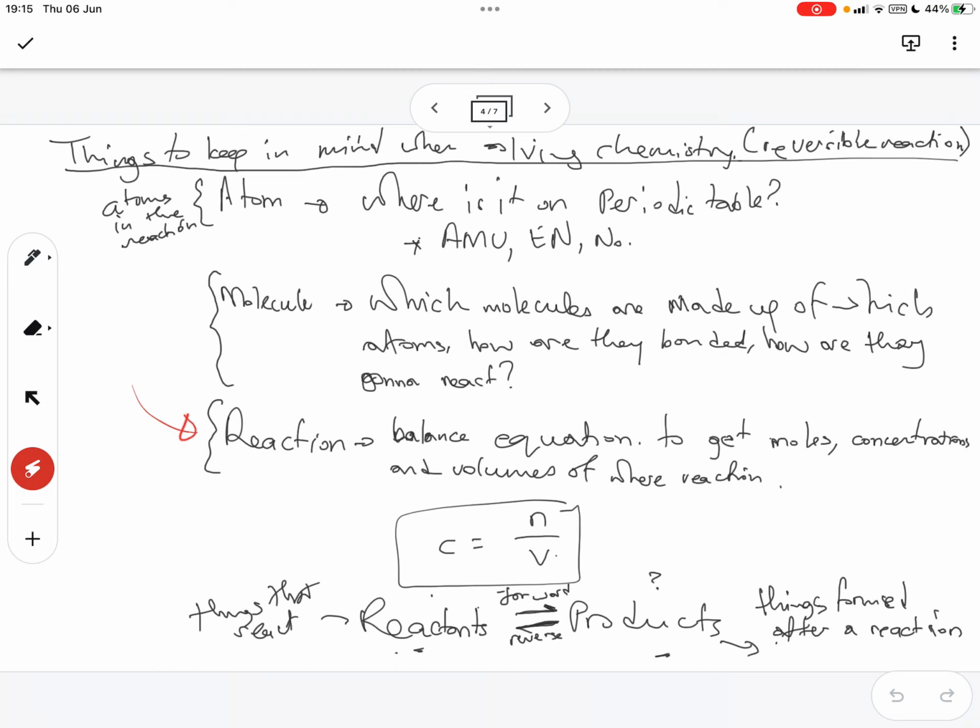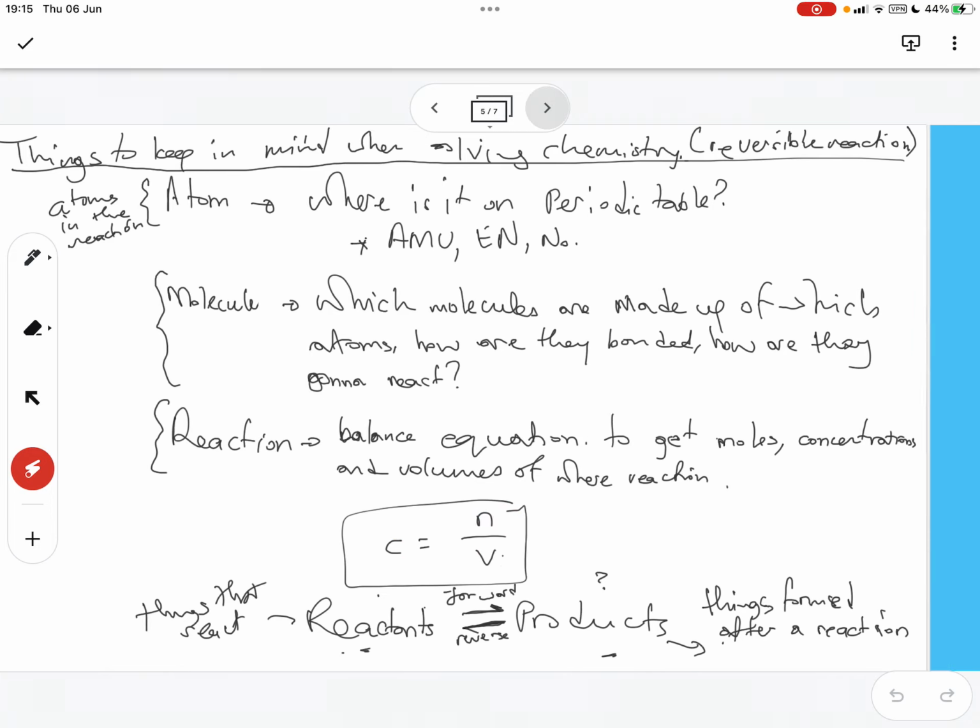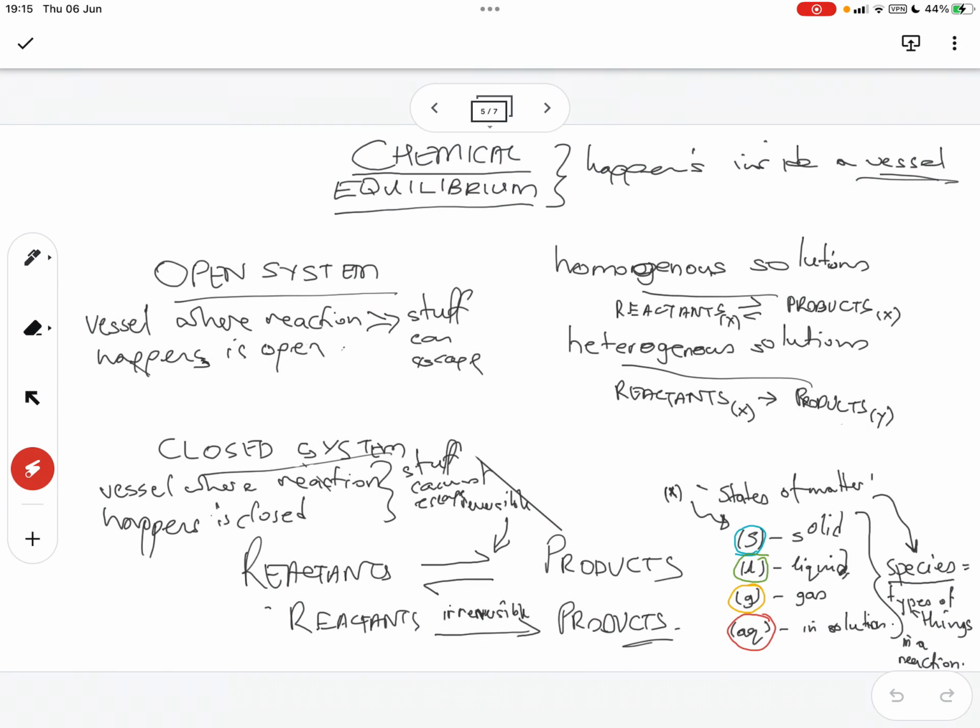Because when we know what a molecule is made up of in terms of the atoms, how many are bonded and how are they going to react, then we can sort of make sense of the reaction and sort of balance it, right? And when we balance the reaction, then we can work out the concentration, the number of moles, and the volume. So for now, number of moles, don't worry too much, but that has to do with